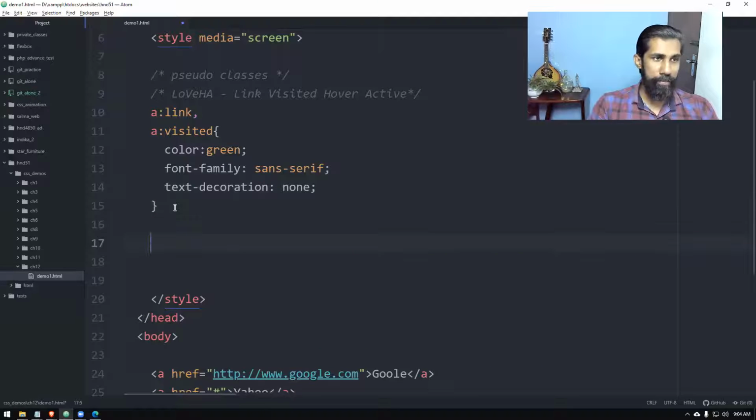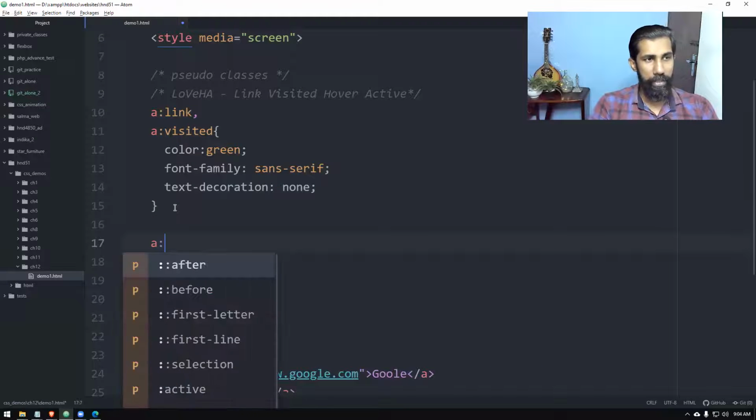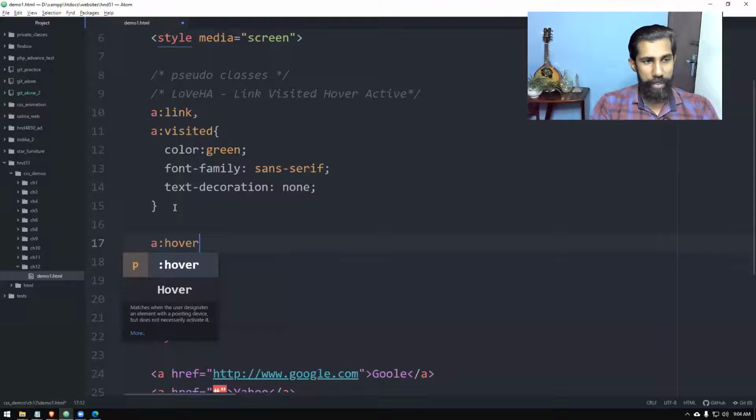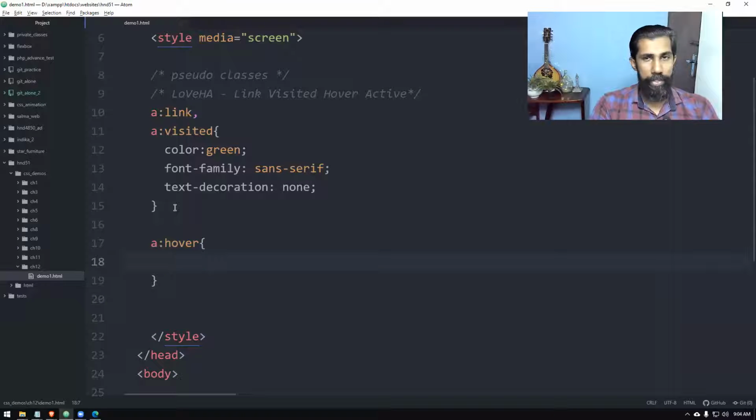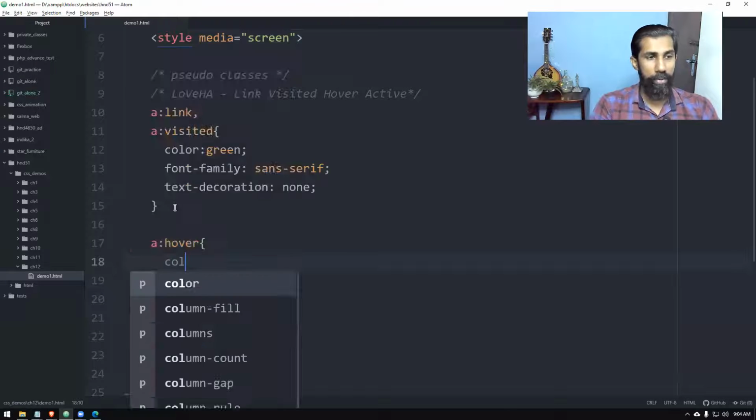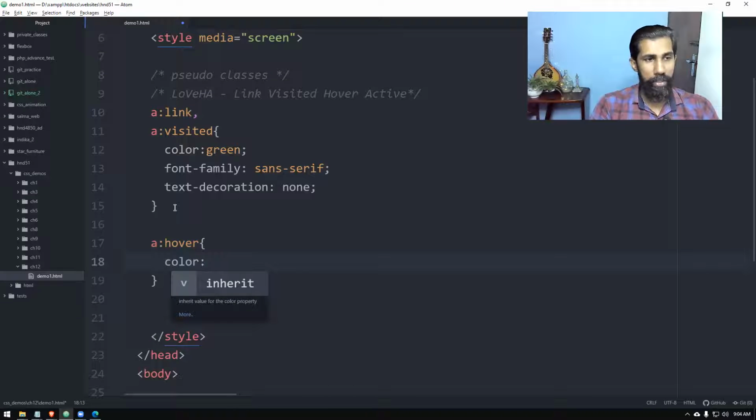The other one is hover, which means once the mouse pointer comes over the link, how it should appear. So once the mouse pointer comes over, I'd like to change the color to red, right? I'm not going to do much. I'm just explaining the concept. So let's try to understand with this part only, right?